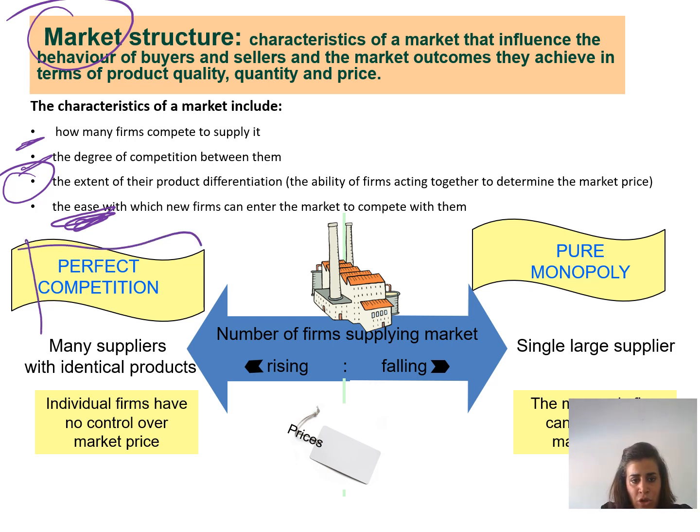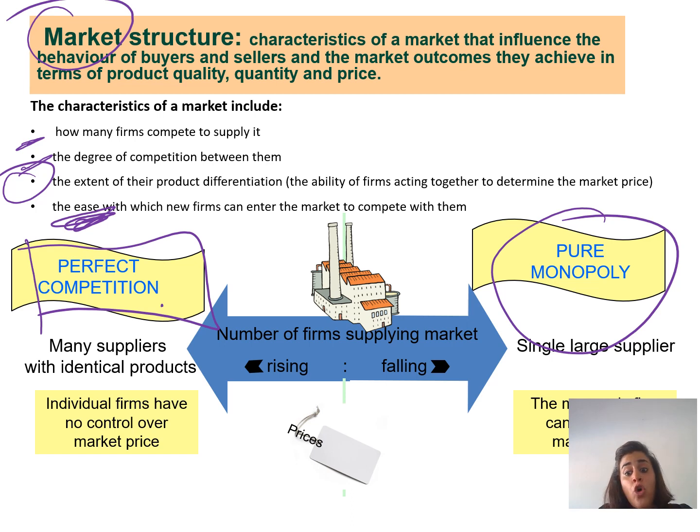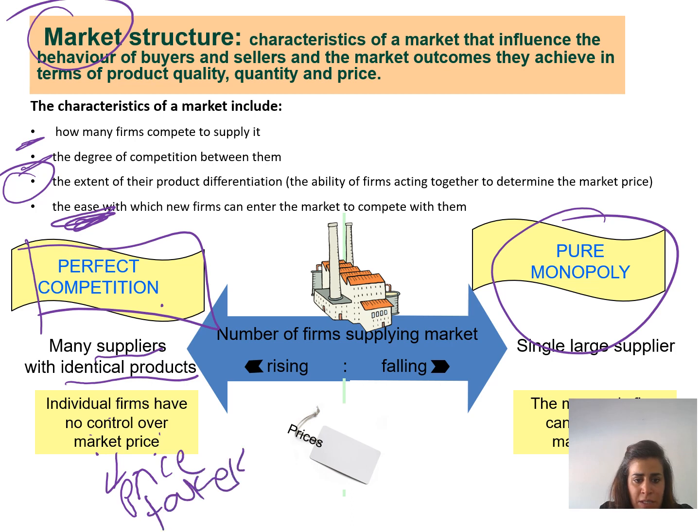We have perfect competition, and on the other side, as we said, we would have a pure monopoly. Here, in perfect competition, it means we have so many firms, and these firms are supplying us with identical products. They are producing similar products, okay? Here, individual firms have no control over market price. It means I would be calling them something called price takers, and this is a term that you saw in